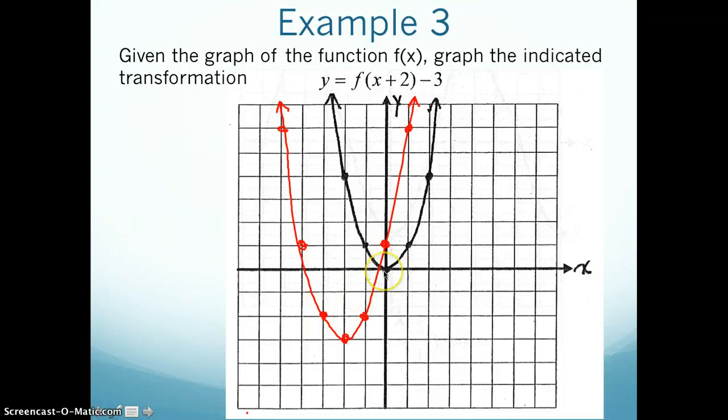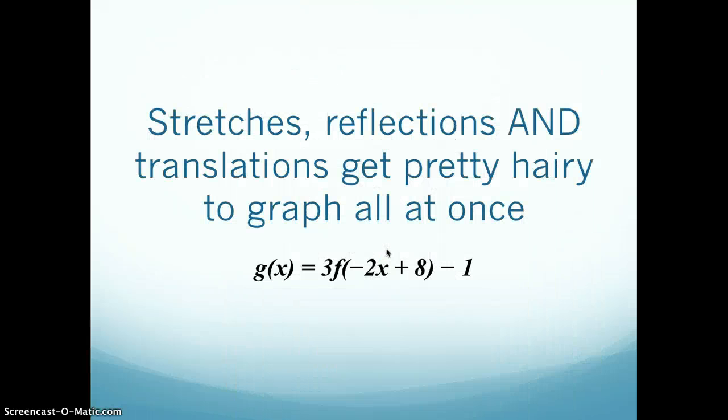So this is what your new function will look like. You took your vertex, you moved it left by 2 because of your D value, and then down by 3 because of the C value. Now same with this point: left by 2, down by 3. This point, left by 2, down by 3. This point, left by 2, down by 3. So do you see that for each individual point, I can apply my transformations? That's the easiest way to handle transformations, to deal with one point at a time. Okay, so the thing is, if you try to do